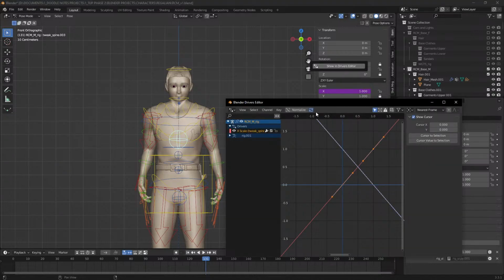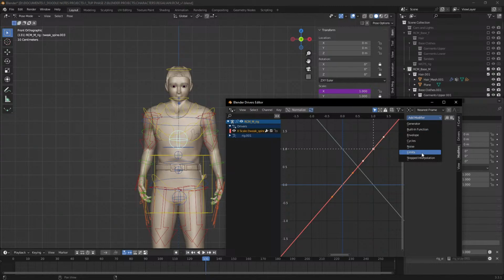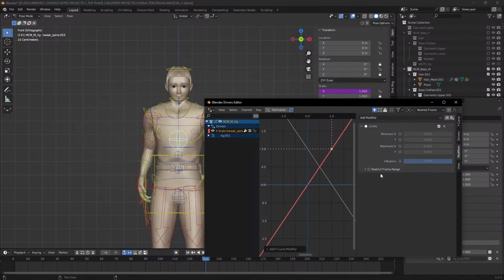Gonna go to the driver editor here. Should be in modifiers, limits. There we go. I'm gonna go minimum. Minimum X is 0. Oh, no. Minimum X is